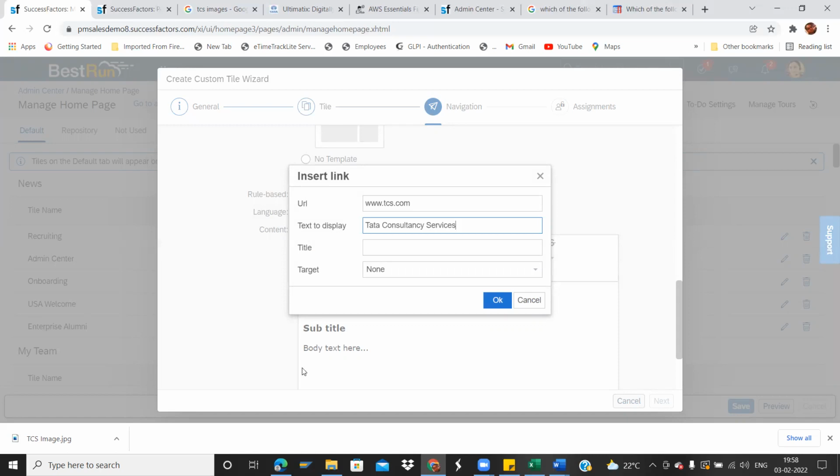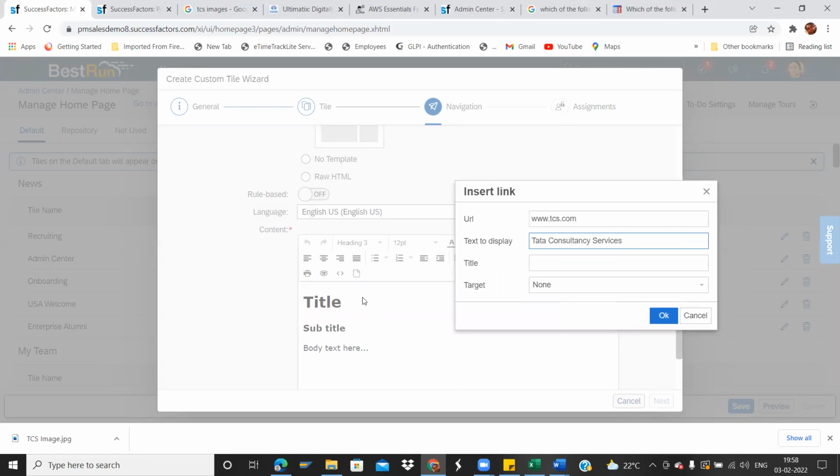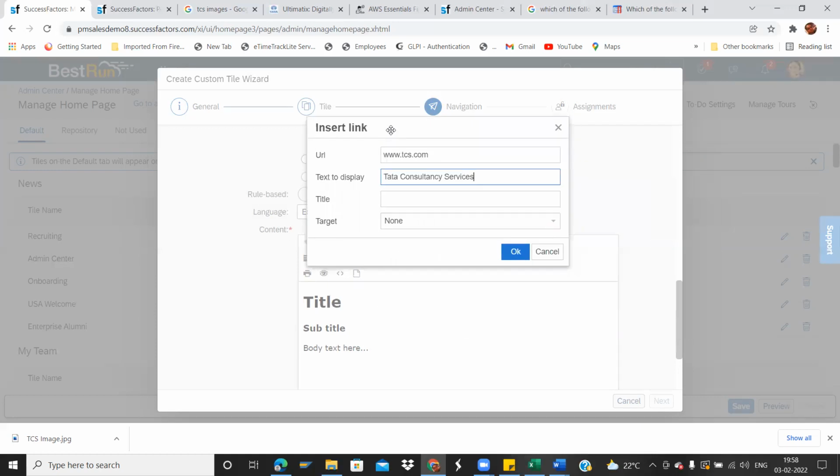If you don't mention anything, just as a welcome mail, you want to write anything over here for the new buddies, new joinees, then you can write it here without any link. Simply they will click that particular icon, and they will only get the message. If you want to make it a little bit decorative, you can even attach a link over here, if they want to go through that link, based on different requirements. So for the title, I'll just mention welcome all to TCS.